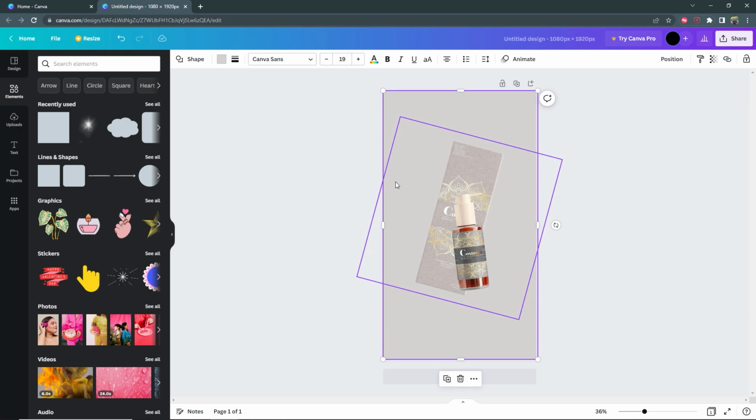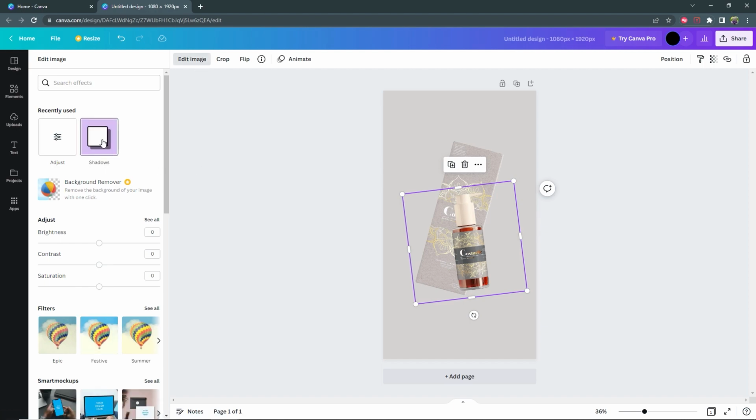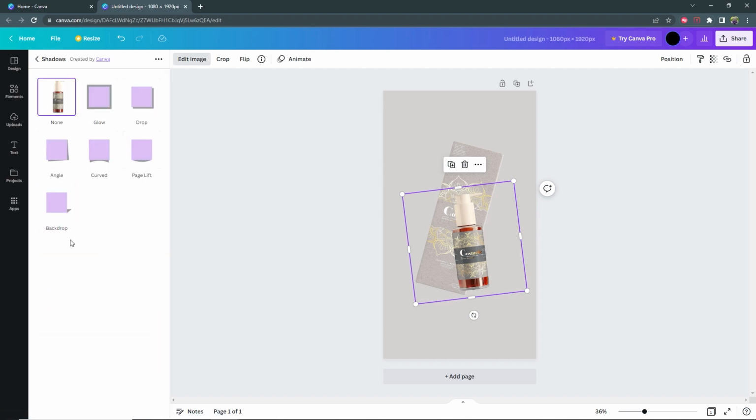Now from here, what we need to do is to add a shadow to the product so that it can add dimension between the product label and the product itself. So if you have one thing in front of another and there's light, it's going to cast shadow. The first one is going to cast shadow on the second one, and so we need to depict that here as well. So with the product selected, go to edit image, shadows, and what you want to add is a